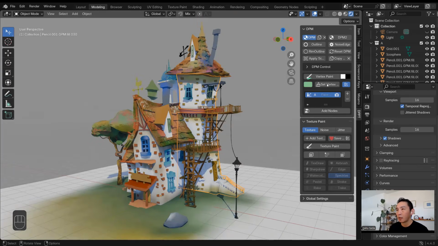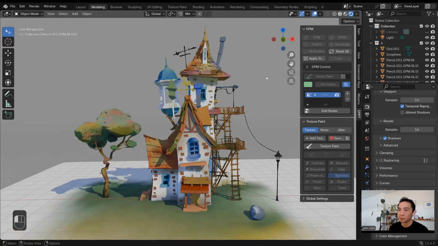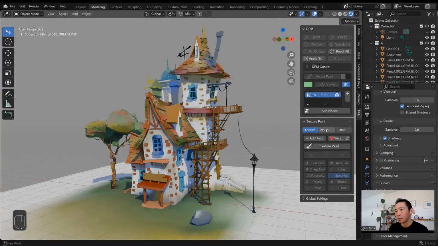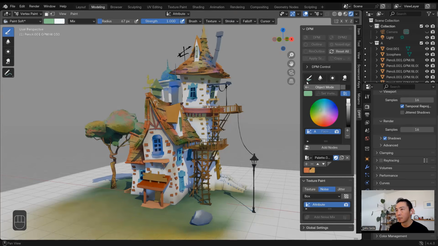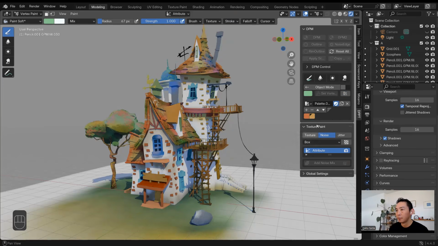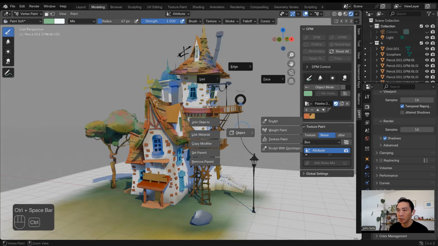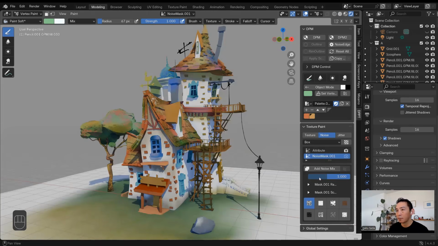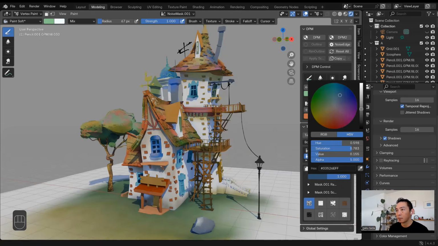And I will just copy the material so I don't overwrite the original. Hit OK. And then I will add noise. Sorry, not this one. This texture paint noise. Oops, did I select? Select this one and add noise mix. And then maybe a bit more different color.